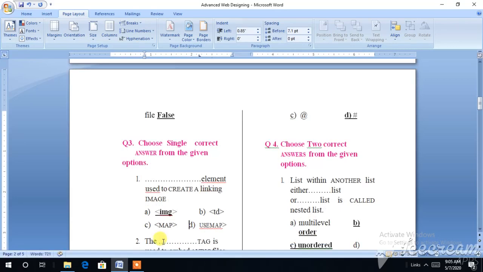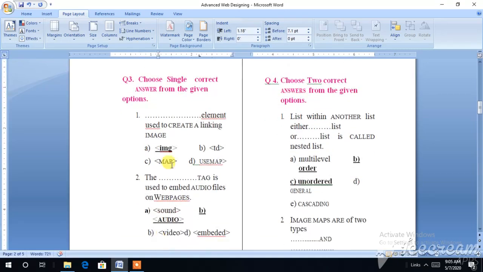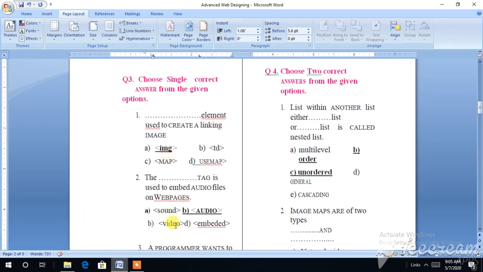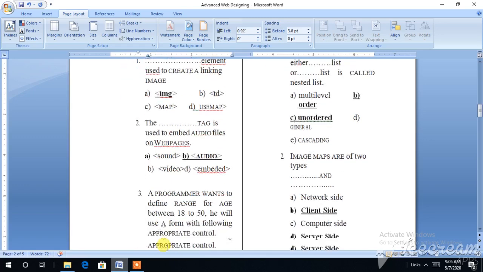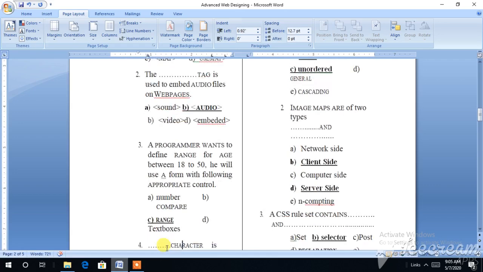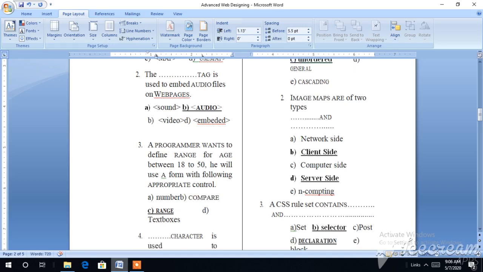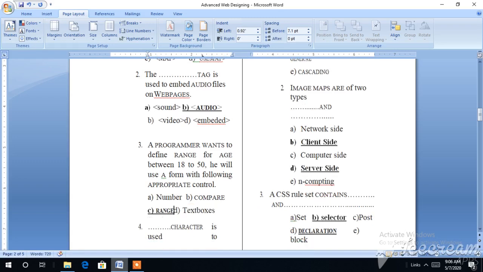Next question: the dash tag is used for audio files, not video files, neither embed nor sound. Next: a programmer wants to define a value, and for that we use range, not text boxes or number.